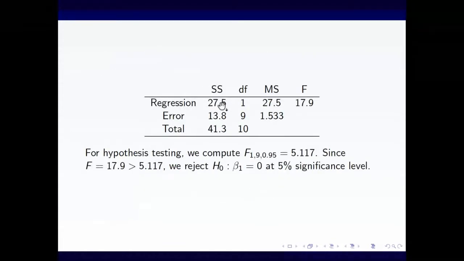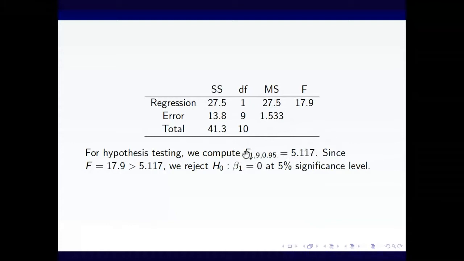In summary, the sum of squares for regression is 27.5, the sum of squares for error is 13.8, the degrees of freedom for regression is 1 and for error is 9, the mean square for regression is 27.5, and the mean square for error is 1.533. If you divide 27.5 by 1.533, you get 17.9. And then you can calculate the critical value